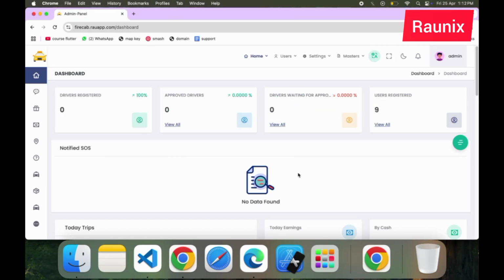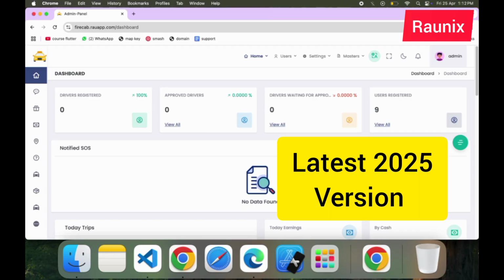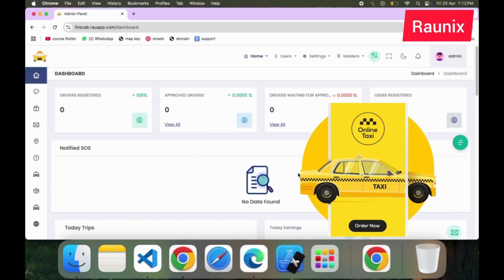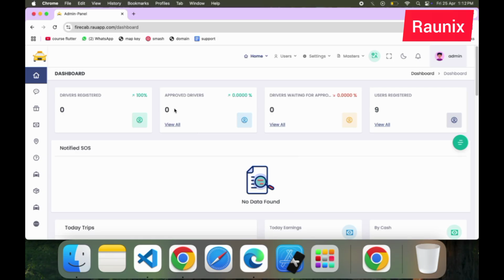Today we're gonna tell you how you can manage the latest 2025 version of taxi application admin. So this is the admin panel. From here you can see all the drivers registered. From here you can see all the drivers approved. From here you can see all the drivers that are waiting for approval, and from here you can see all